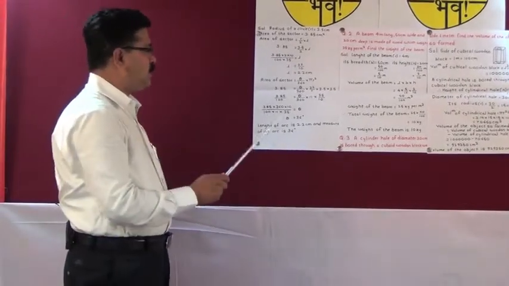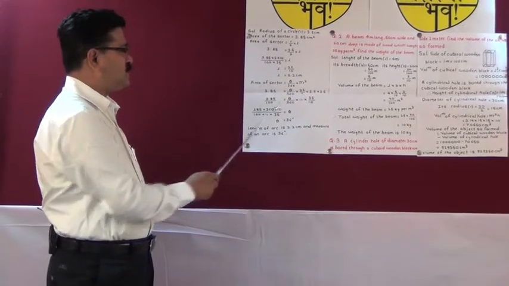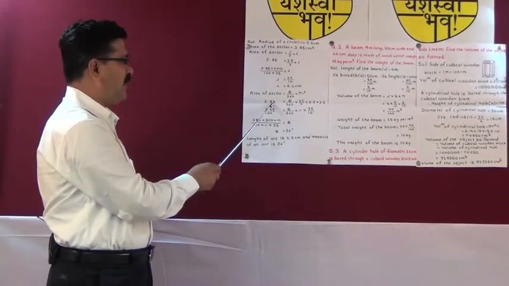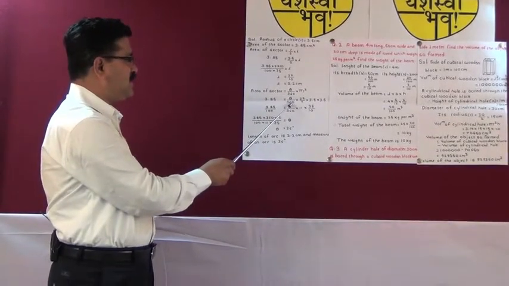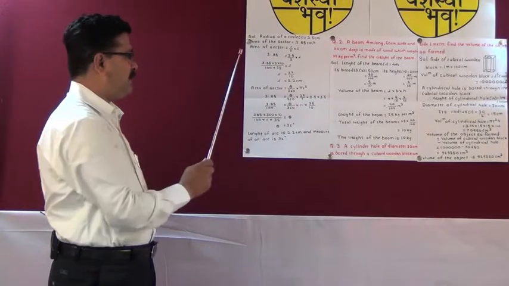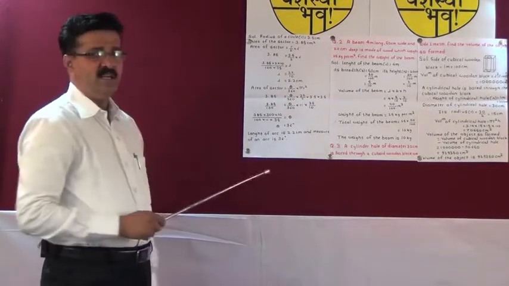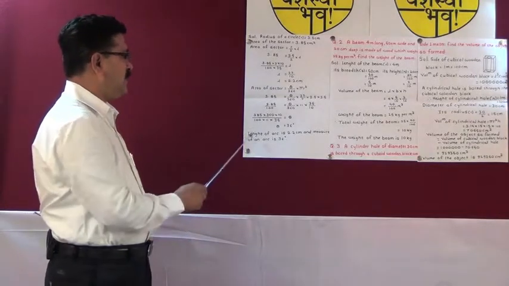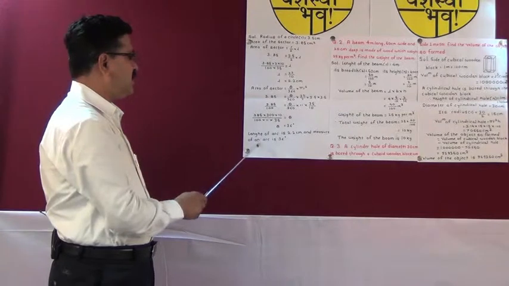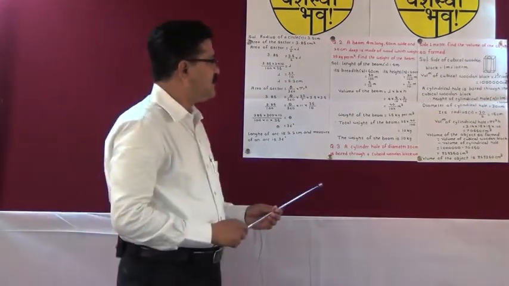Now, the other formula for area of a sector is theta upon 360 into pi r square. So substitute the values here. Area of sector 3.85 equals theta upon 360 into 22 upon 7 into 3.5 into 3.5. If you solve, you will get theta equal to 36 degree. In this way, we get the length of the arc as 2.2 centimeter and the measure of the arc as 36 degree. Now see the next sum.